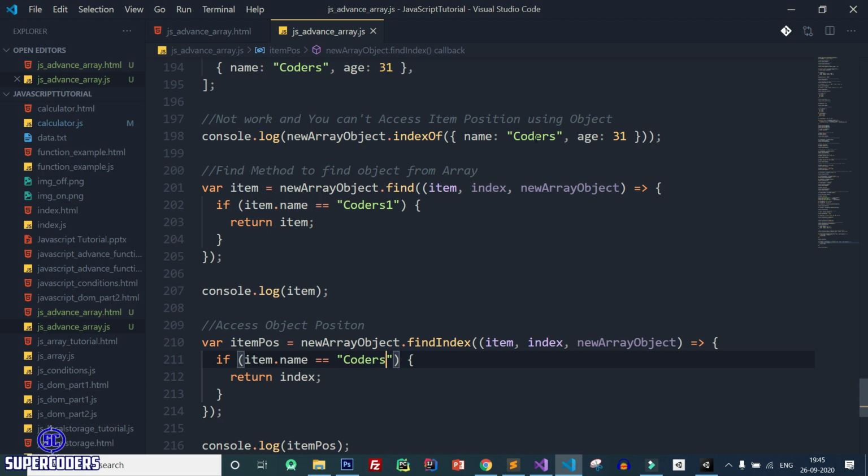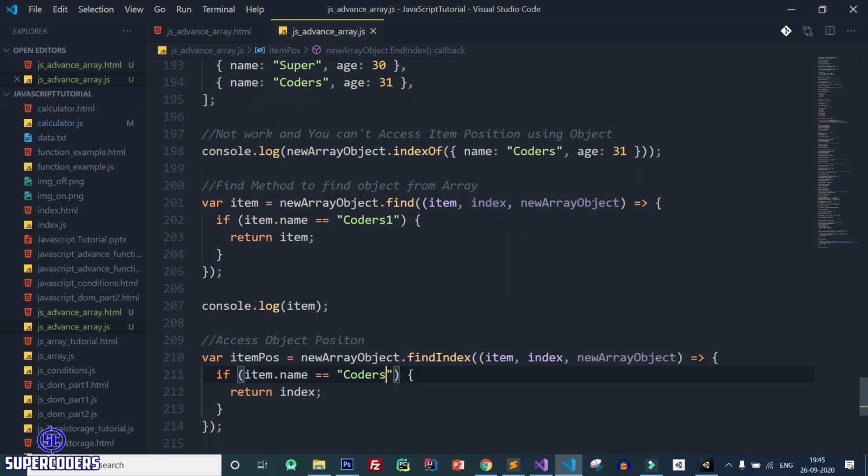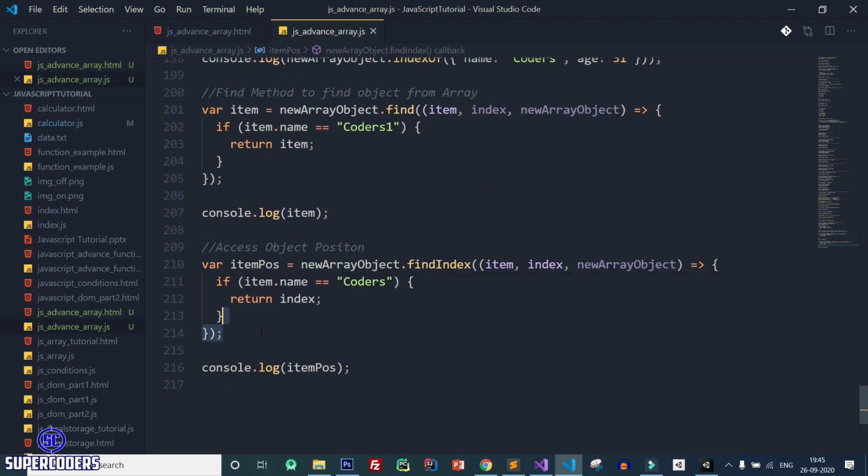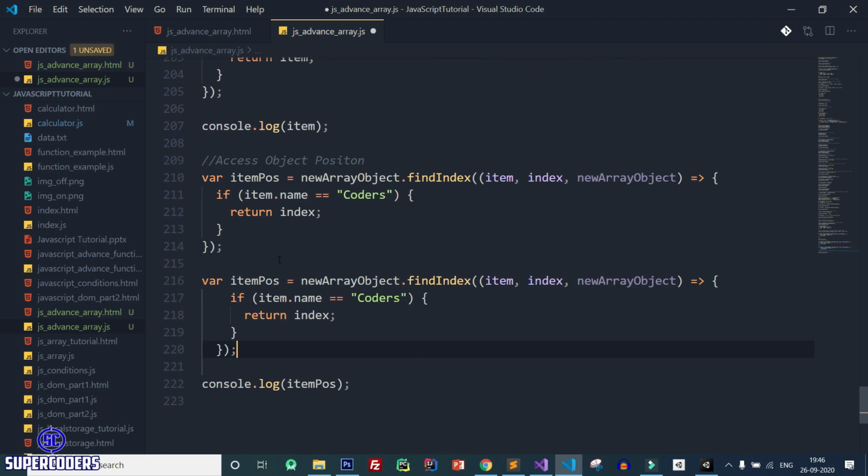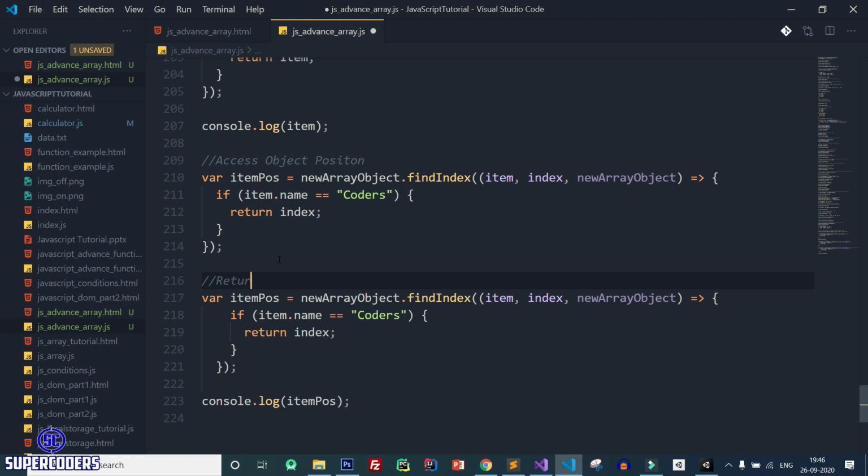If you see, the coder position is 1. Let's see, copy this, and it returns -1 if the position does not exist.